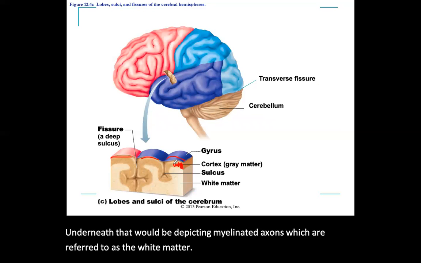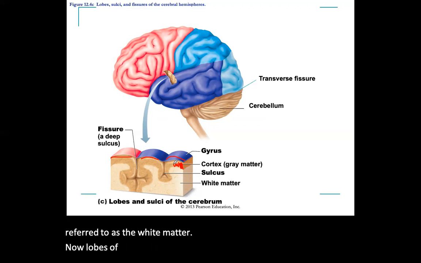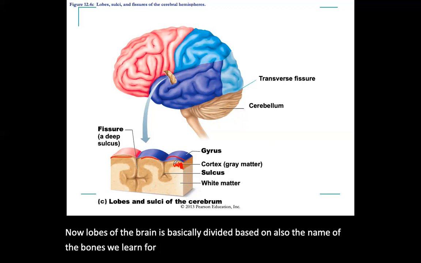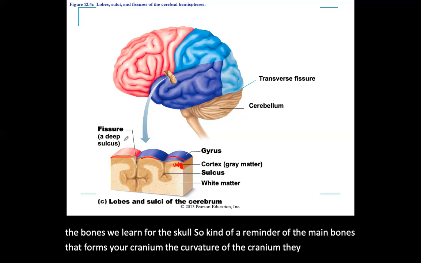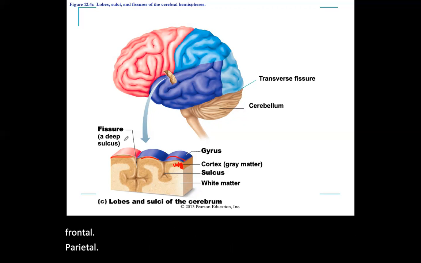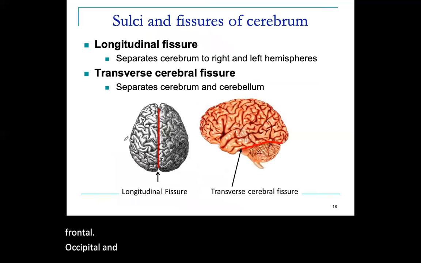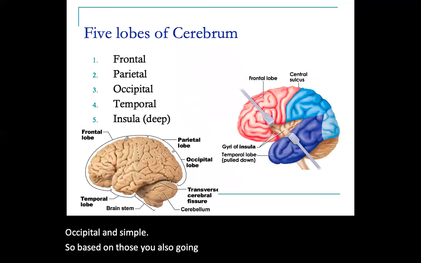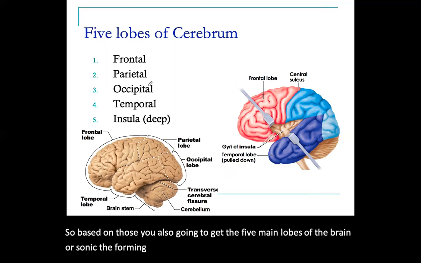Now, the lobes of the brain are divided based on the names of the bones we learned for the skull. So, a reminder of the main bones that form your cranium, the curvature of the cranium: they were frontal, parietal, occipital, and temporal. So based on those, you're also going to get the 4 main lobes of the brain, which are frontal,